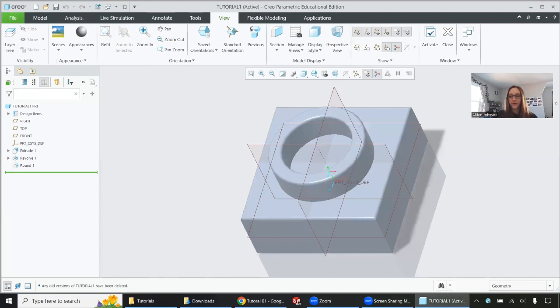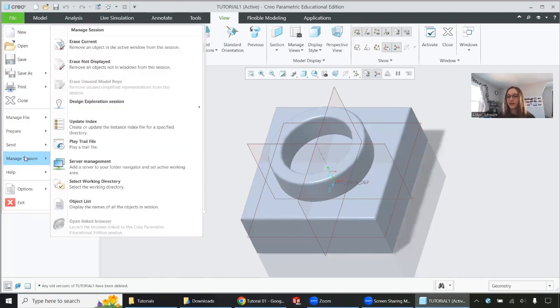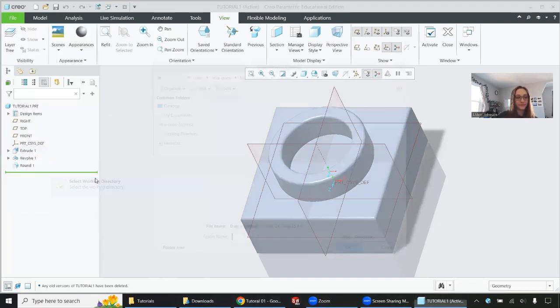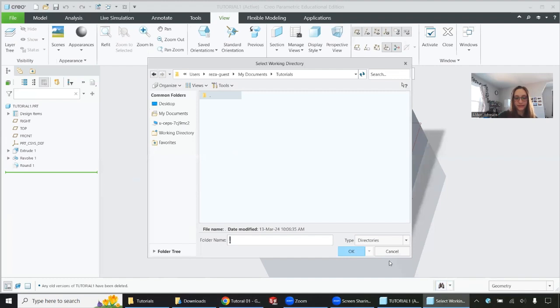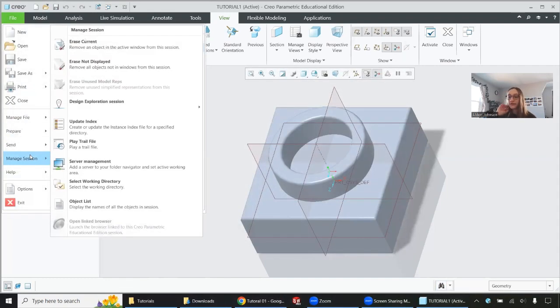The last feature I want to go over in this video is Manage Session, right here. This is where you can reset your working directory if needed, the same way we did in the beginning. This is also where you can choose to erase not displayed. If I created this model and I'm ready to move on to something else, I'm going to